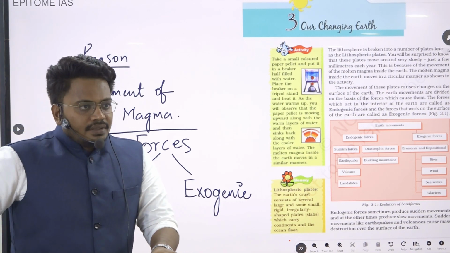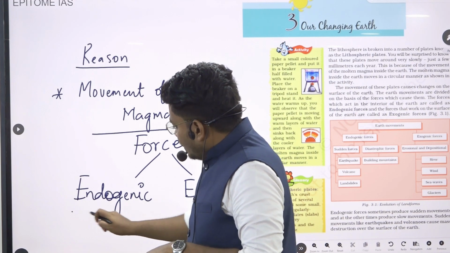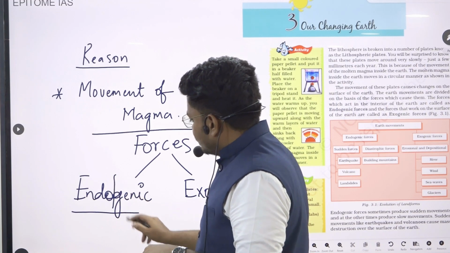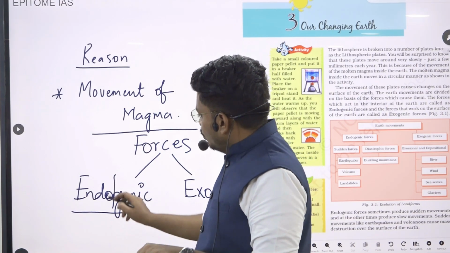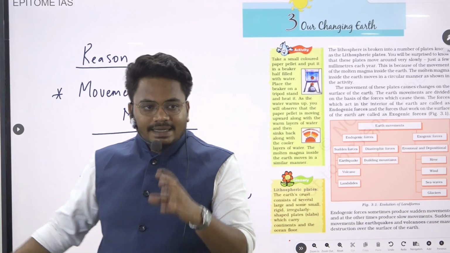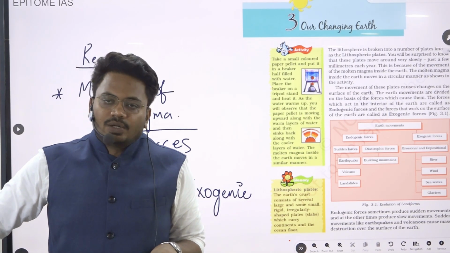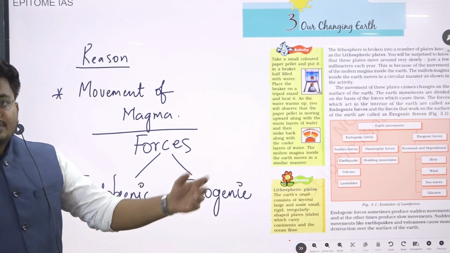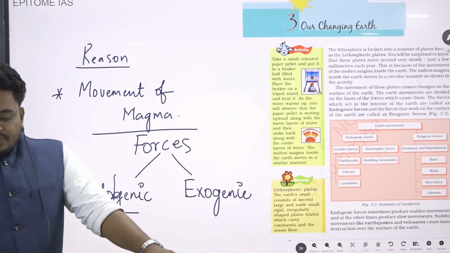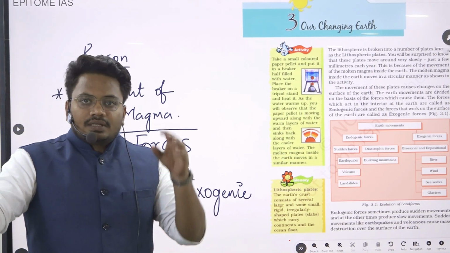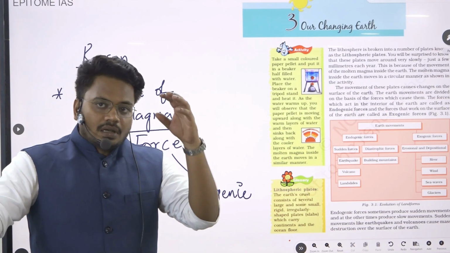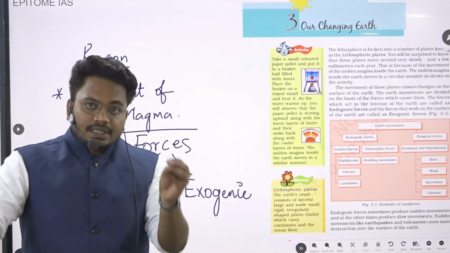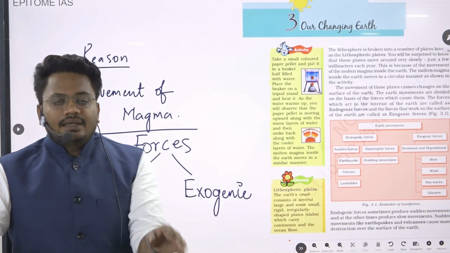So the point here is, when we are talking about endogenic force, what does it mean? If you divide this term, endo plus genic, genic means origin. So endo means inside. That means the force which is created or generated inside the earth is called endogenic force. Then what about exogenic force? Even in exogenic, we can say genic means origin, exo means outside. So that means the forces which are generated on the surface of the earth,